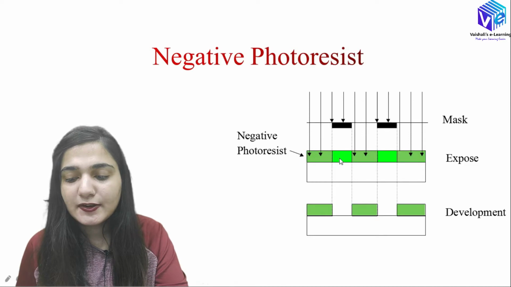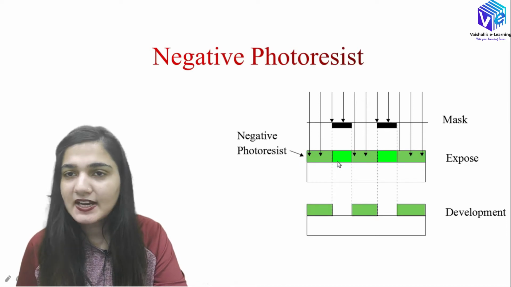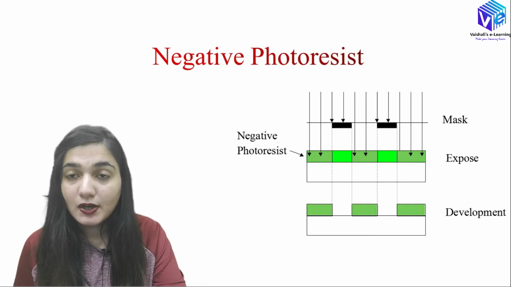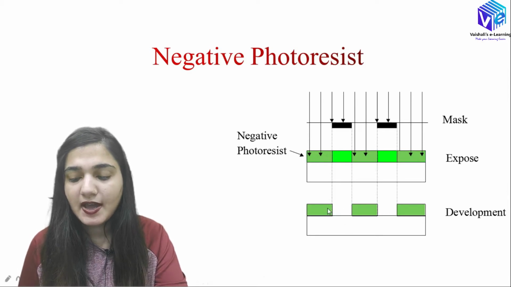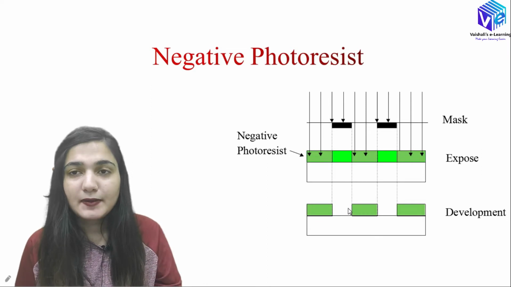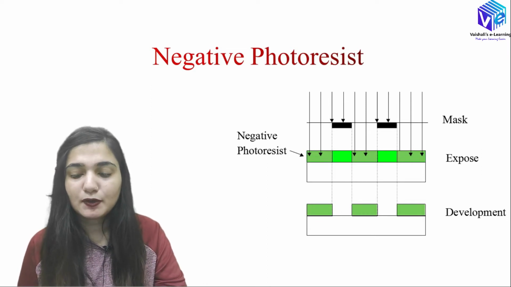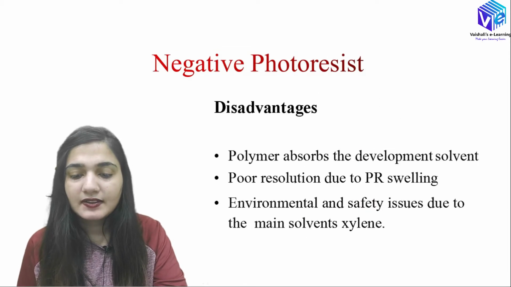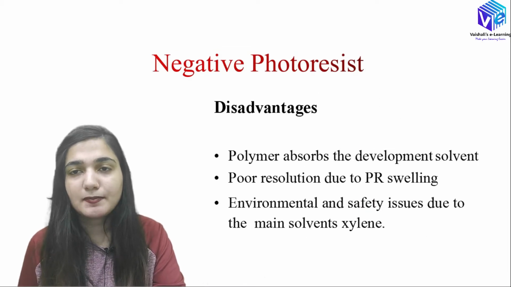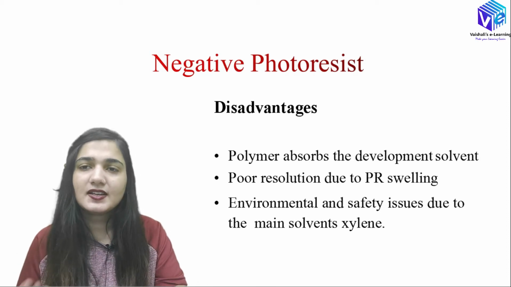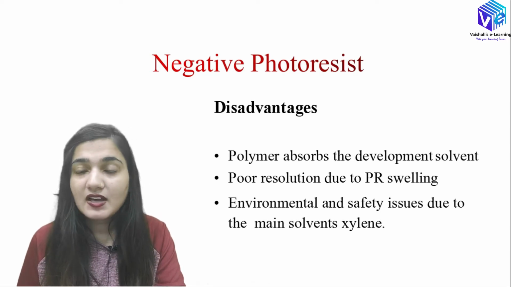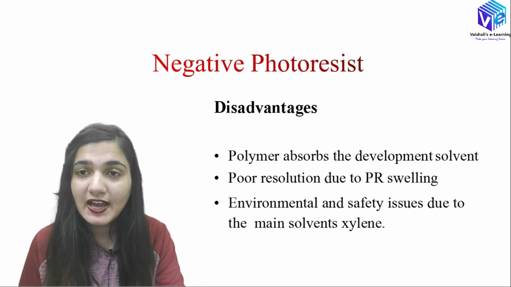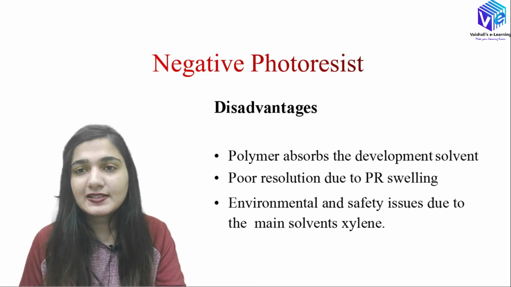So we can easily remove the softened photoresist. As I told you, it is not a very hard solid, it is just a semi-solid material and we can easily remove it. So here we can remove it, and this is the reason we have the mask over here. But the problem is that we do not get good resolution of these masks, and the properties of the transistors depend upon these masks only. The transistor as well as MOSFET properties depend upon these masks only. If the masks are not of very high resolution, we will not get a good transistor or good MOSFET.